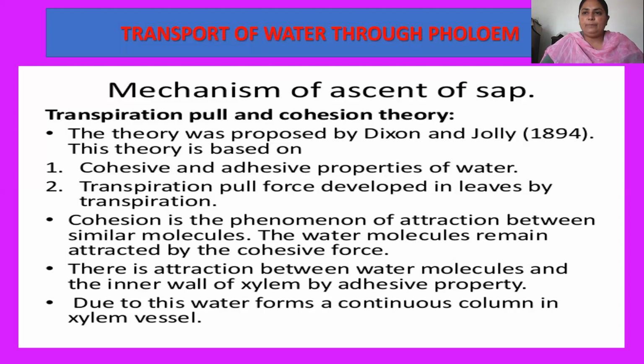In this way, the water column is pulled by the different cells of the leaves, and when water has been pulled from each and every cell of the leaf and the last cells of the leaves get empty, they pull the water from the branches, then from the stem. As a result, a negative type of deficiency develops between the branches, stems, and the cells of the root.